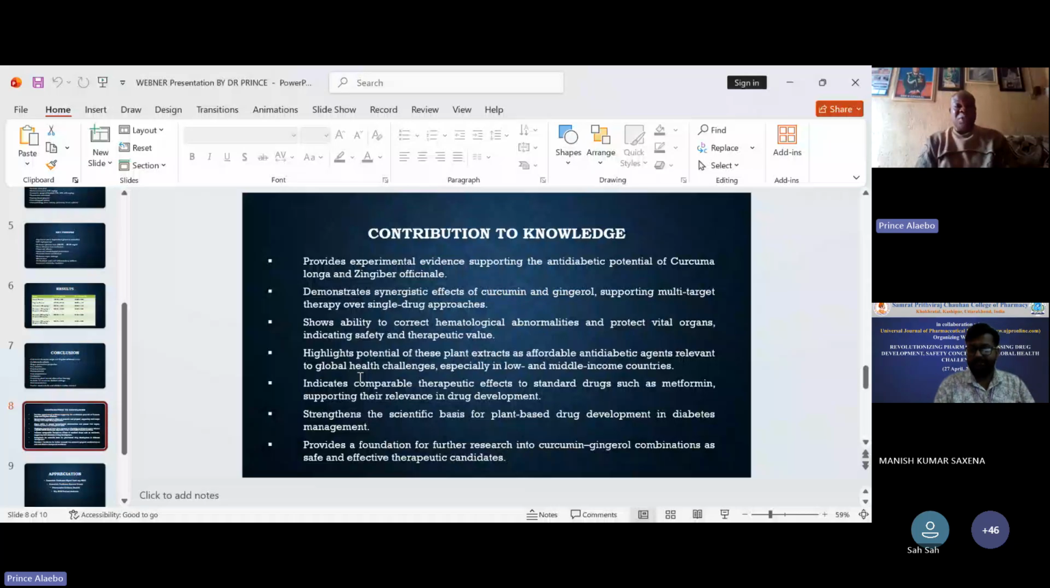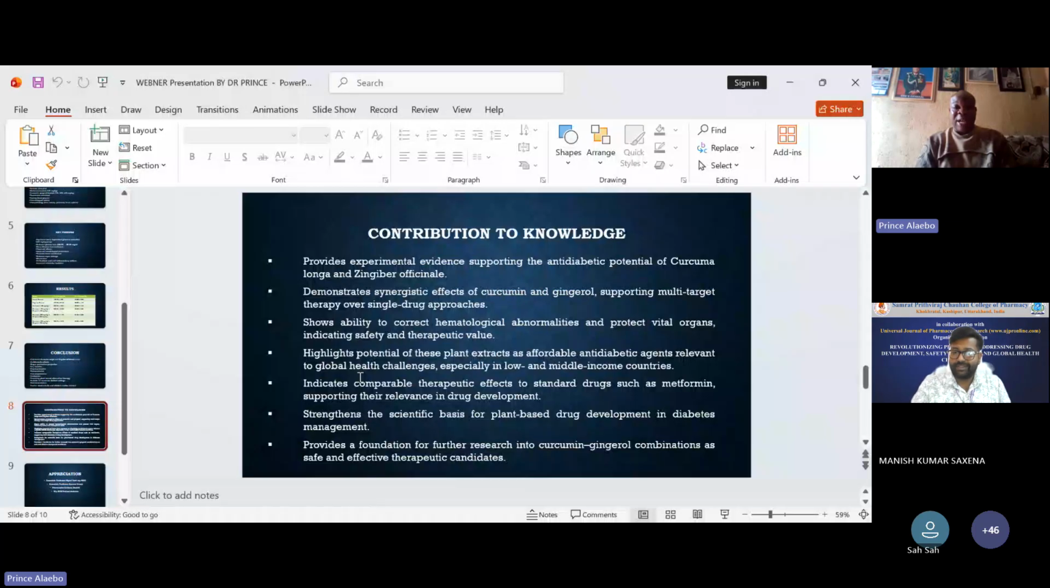Also, it shows ability to correct hematological abnormalities and protect vital organs like kidney and liver, indicating safer and therapeutic value. It also highlights potential of these plant extracts as affordable anti-diabetic agents relevant to global health challenges, especially in low and middle income countries. From our findings, it indicates comparable therapeutic effects to standard drugs such as metformin, supporting their